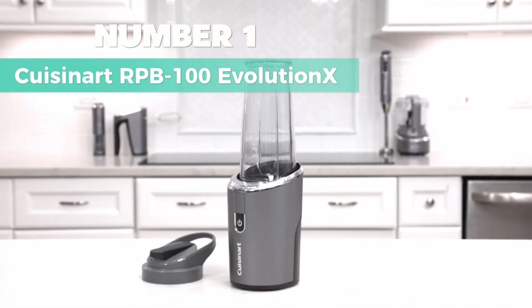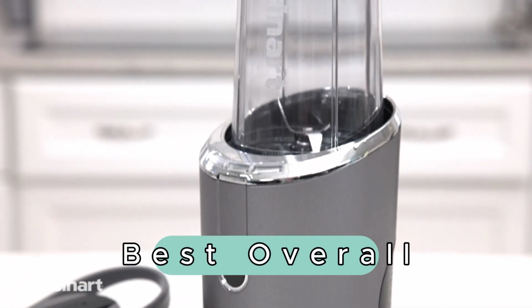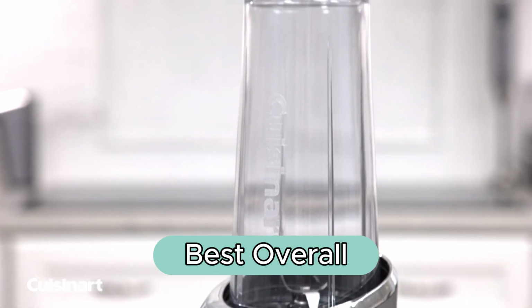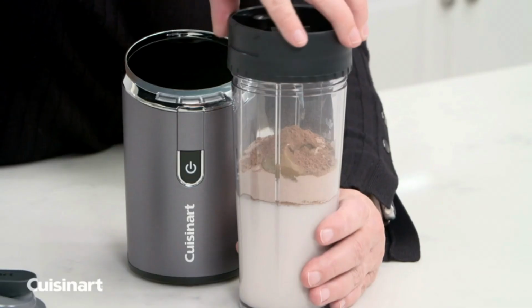Number 1. QUT Rpb100 Evolution X. My favorite, and it is the best overall. It comes in a sleek black color which adds a nice touch. The special feature is manual operation,